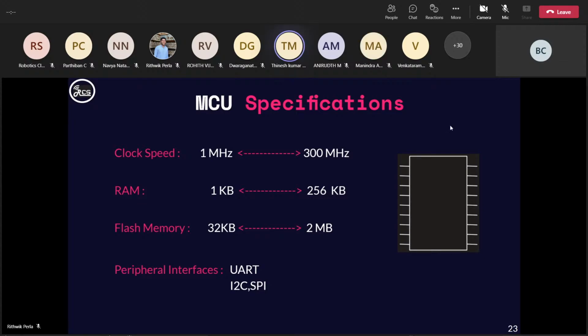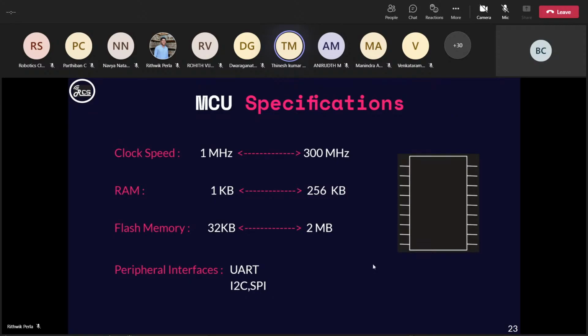Why is no one asking about flash memory? I assume you all know that. Who knows about flash memory? Come on, tell me. No one, huh? I guess no one knows about flash memory. Don't worry about that.